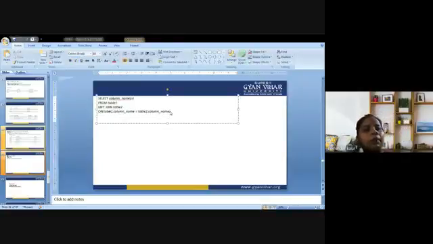Select column name from table 1, left join table 2 on table 1.column name is equal to table 2.column name. So this is a very simple query that you can easily perform.